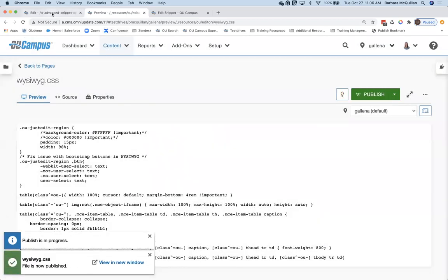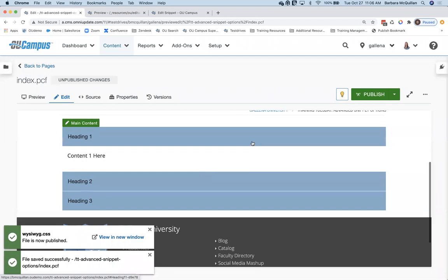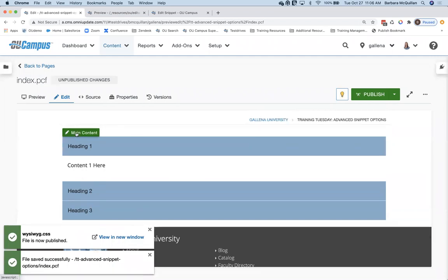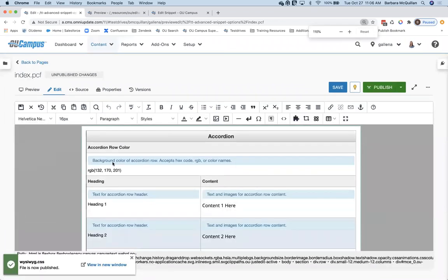Perfect. So back to my original tab where I had my table set up. I'm going to go ahead and save this so that my table is included here. Now when I open up my editable region, let me zoom out just a little bit, there's all my helper text. So each one of these individual cells is now being targeted because of that data-name attribute. And then I can insert information here.